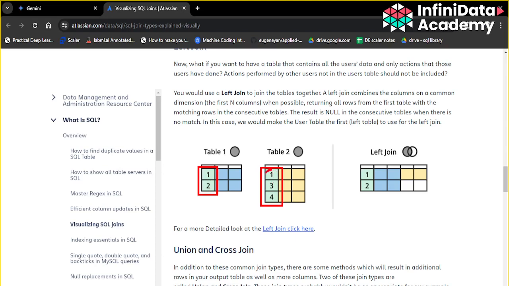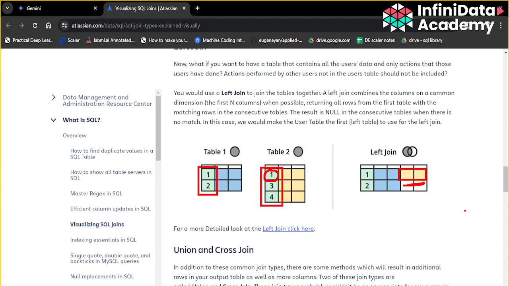that is in table 2, 1 is the only common one over here, so against it there are, you can see by color coding it is shown, that there are values present for this case. But in case of 2, in the output your first two columns are populated, they are coming from your table 1, but the remaining two will be blank because there is no data in table 2. In the right join case it is going to be a reverse case, right?